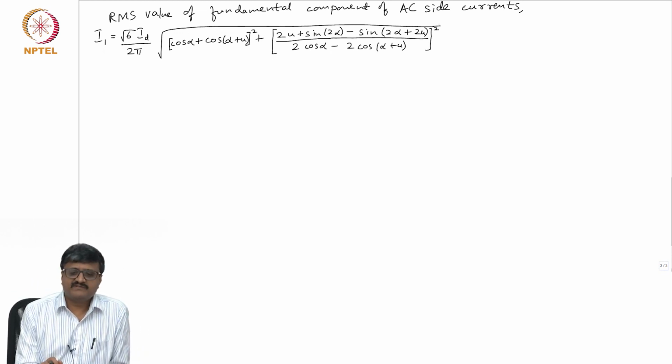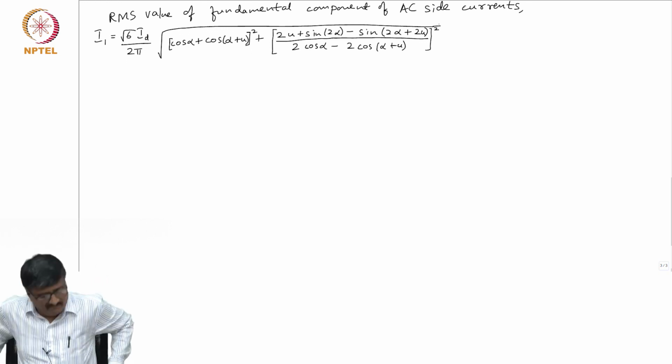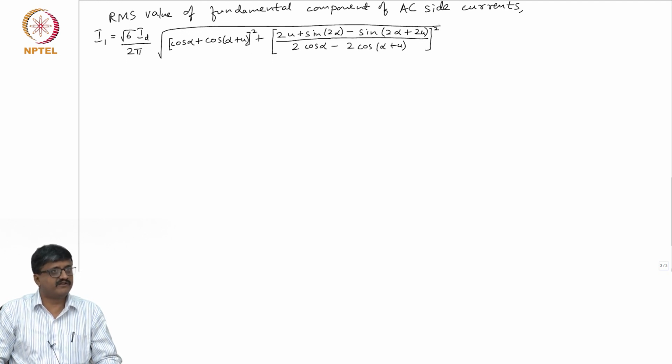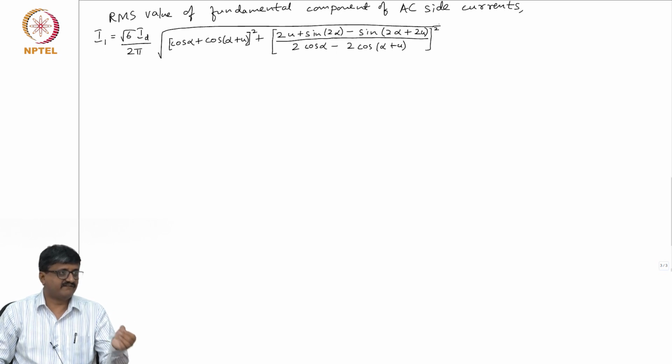Now, what are the harmonic components? I mean, what is the order of the harmonic components that are present? See, there is half wave symmetry. So, due to half wave symmetry, you will not have even harmonics. Second harmonic, fourth harmonic, sixth harmonic are not there. Any other harmonic is not there. Third harmonic, triplen harmonics. Why? Yeah, because IA plus IB plus IC is 0. So, triplen harmonics are also not there. So, the harmonic components are of order 5, 7, 11, 13, 17, 19.